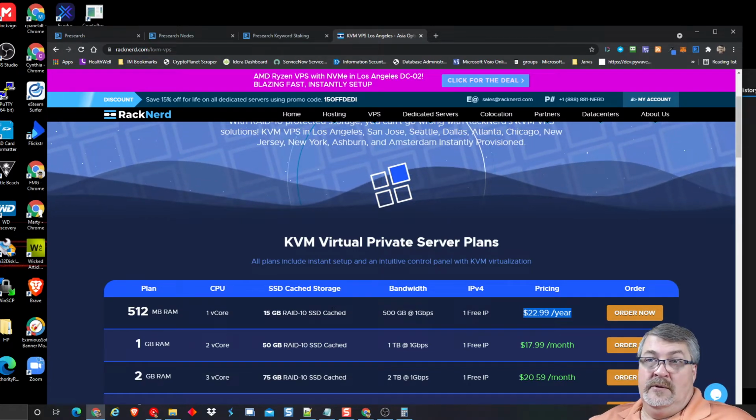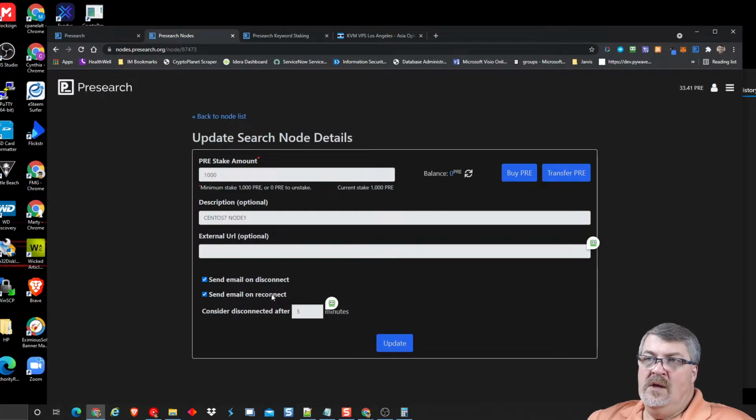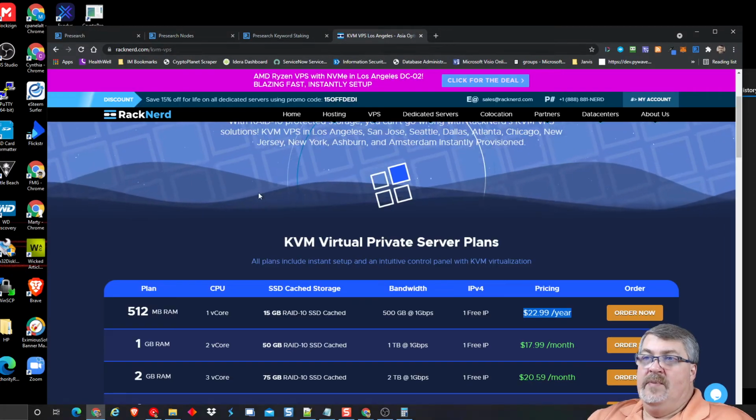That's it. When you set these nodes up, you can also get notified. If we go look, send email on disconnect and on reconnect. So you can say, hey, after 5 minutes, I want to be notified that my node has gone offline. One of the boxes that I was playing with when I first did it, for whatever reason, just kept crapping out, and it would eventually die and not come back. So I consider that pretty unstable, so I abandoned that machine and went off and bought the second VPS over here,